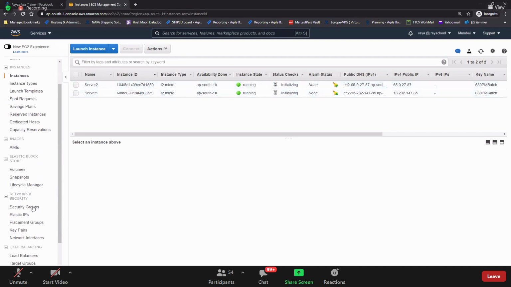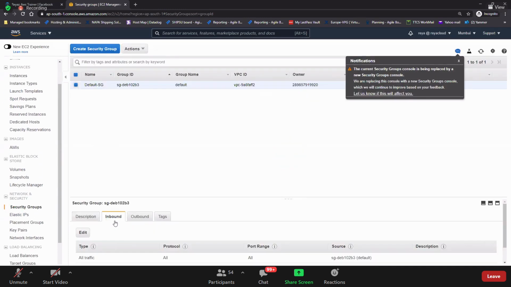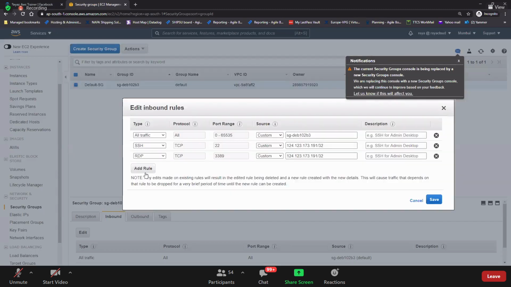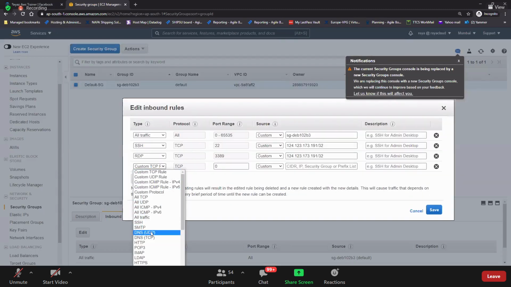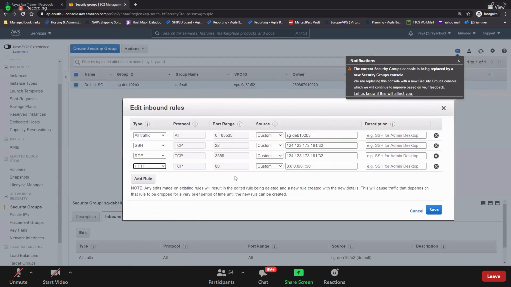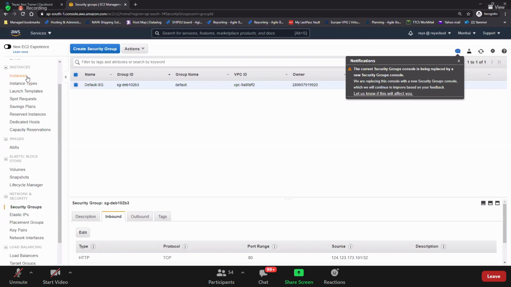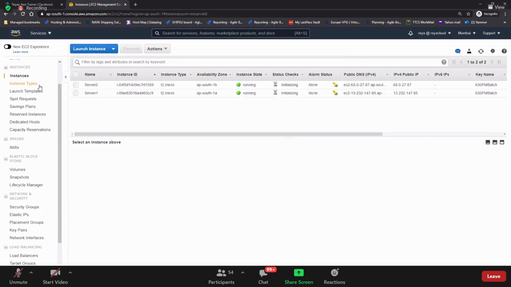So meanwhile, I'll go to the security groups, default, edit, and then I'll go and add HTTP. Otherwise, my website will not work. My app. So let it come.